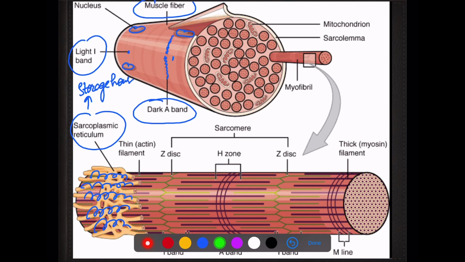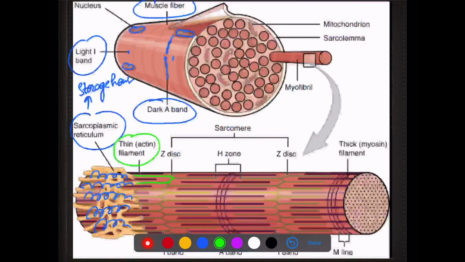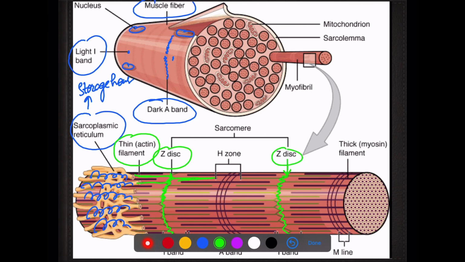Then there are the thin filaments. थिन फिलामेंट्स तो हमें मालूम ही है, thin filaments क्या है? Actin filaments. Actin filaments, it means they are our I bands. And then between these actin filaments there is the central. As you can see, this is one actin, then there is another actin. उनके बीच में जो line इनको dissect करती है, that is Z. It is Z, and distance between one Z to another Z, it is known as sarcomere,